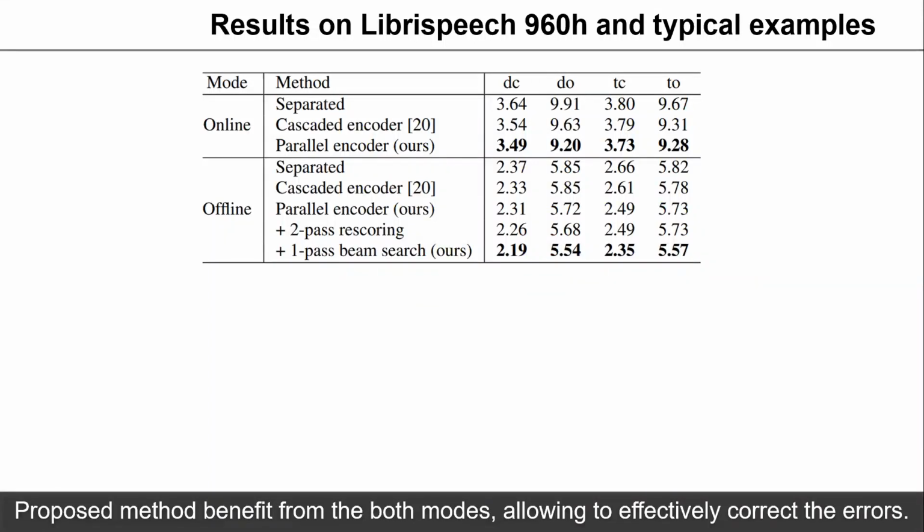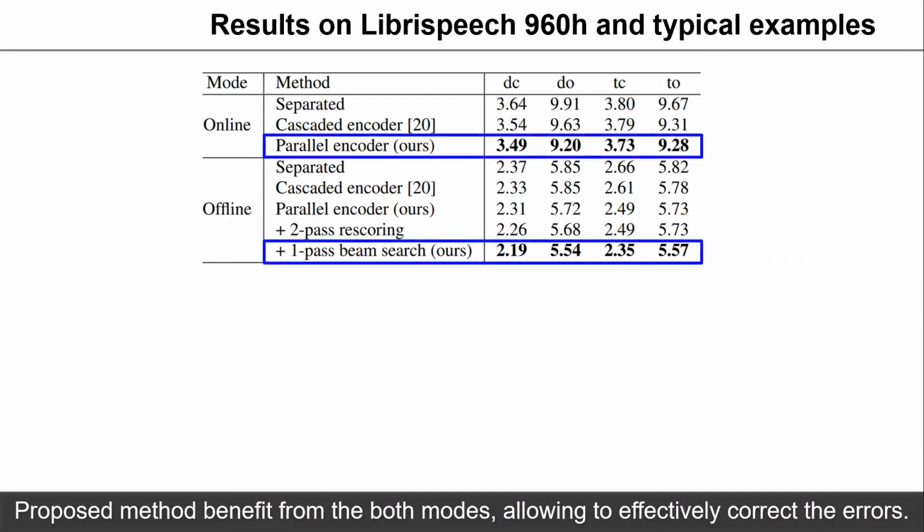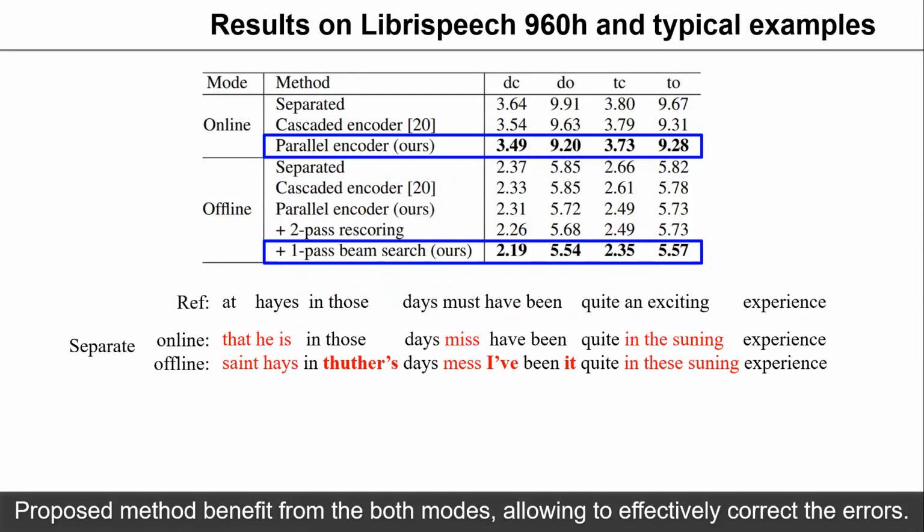And we also compare the proposed method on the LibriSpeech 960 hours dataset. As with the CSJ dataset, the proposed method outperformed the separate model and the cascaded encoder for both online and offline mode, as shown in this table. And I would like to show you a typical example, firstly of the separate models for